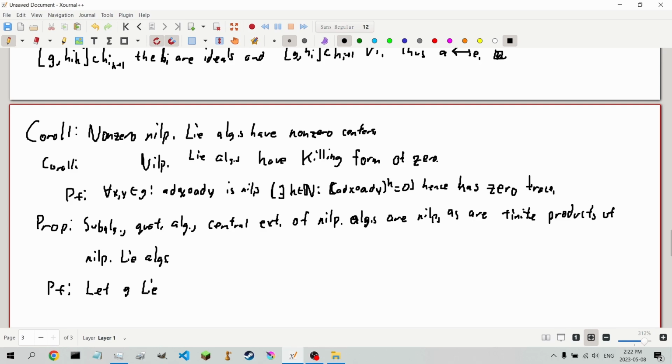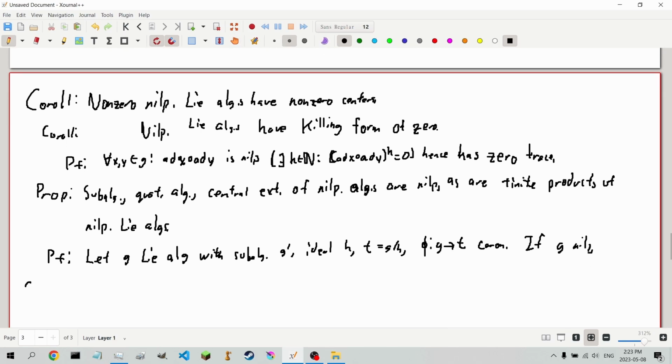Let G be a Lie algebra with subalgebra G prime and ideal H, T equals G over H, and phi the canonical mapping of G onto T. If G is nilpotent, then the kth lower central series element of G is 0 for some k, hence C^k of G prime is 0,